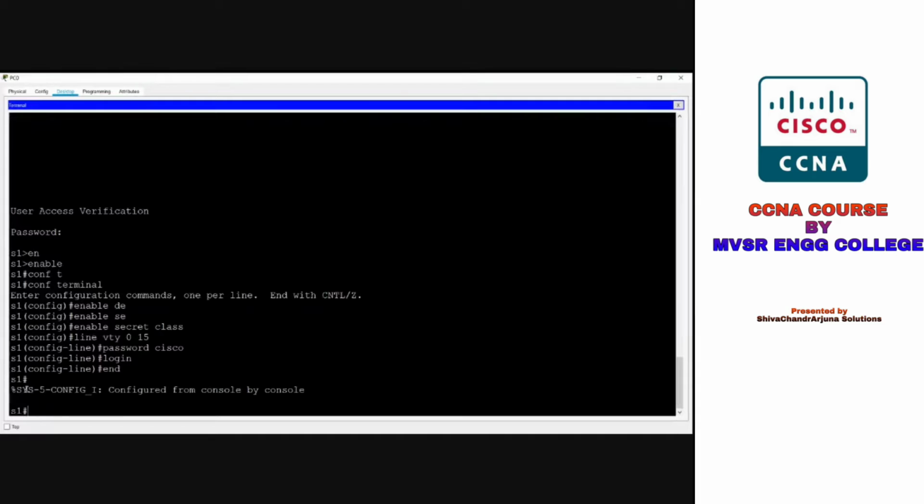Next, again, you're going to which mode? Privileged executive mode. If it is a hash, it is the privileged executive mode. If it is a greater than symbol, it is the user executive mode. If you don't understand this, you will never understand the next modules. You want to understand the basic configurations first of all. Even for the router, I'm using the same commands. If you understand the switch, you can understand the router.